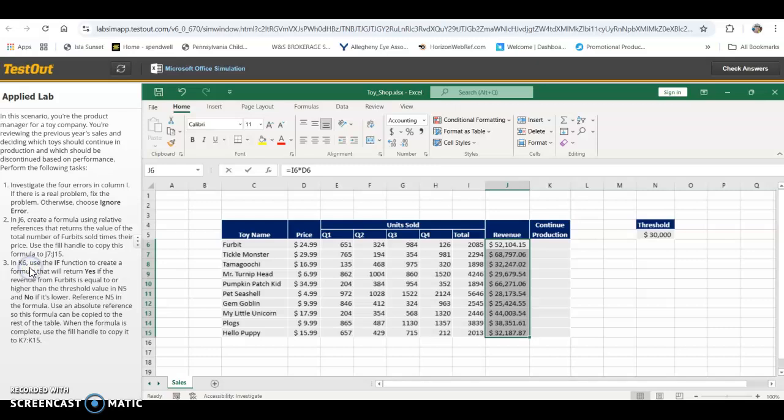All right, the last task. In case 6, we're using the if function. So case 6 is going to be there. We're going to do equals if to create a formula that will return yes if the revenue from Furbits is equal or higher to the threshold value in N5. So if